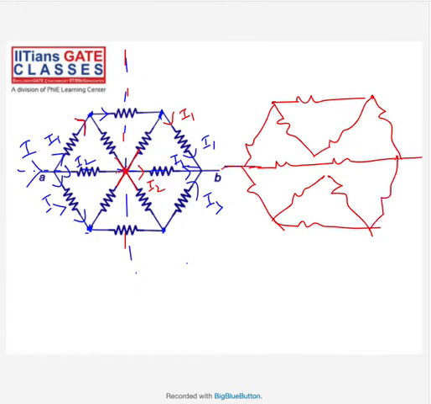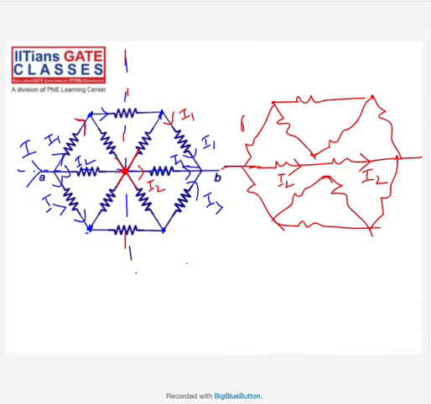You understand what I did? I just disconnected this one and this one. I disconnected this because when the current I2 comes here, it's not getting divided. The same I2 is coming here, so I can disconnect it like this. As I told you, in a symmetrical circuit, you can open it. Open in the sense, I can open this terminal here. You have to understand where you can open it.